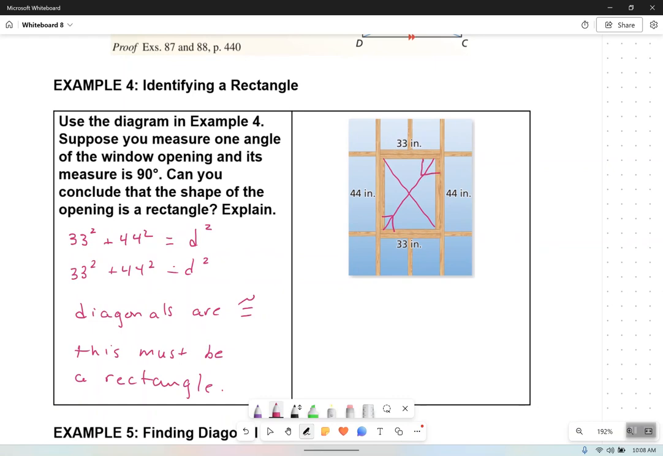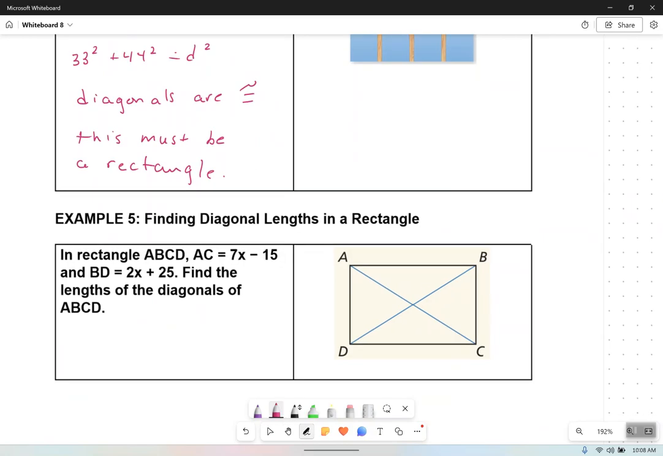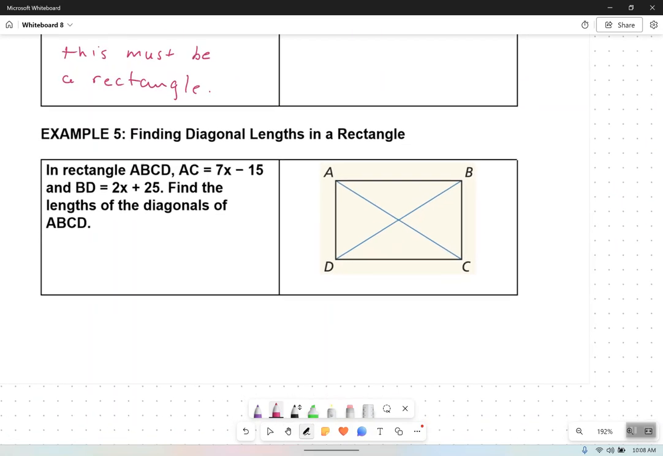All right. Let's try to find some diagonal lengths here, kids. It says in rectangle ABCD, AC is equal to what? And BD is equal to what? Okay, it says find the lengths of the diagonals. Well, kids, A to C is this distance right here, isn't it? Defined by what? And BD is this one right here, defined by,